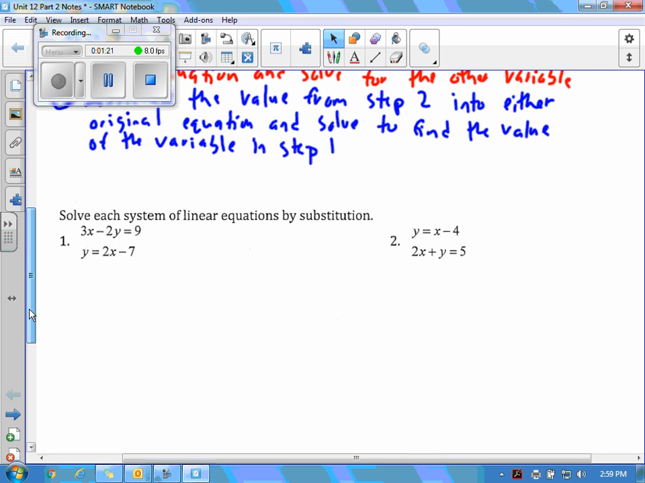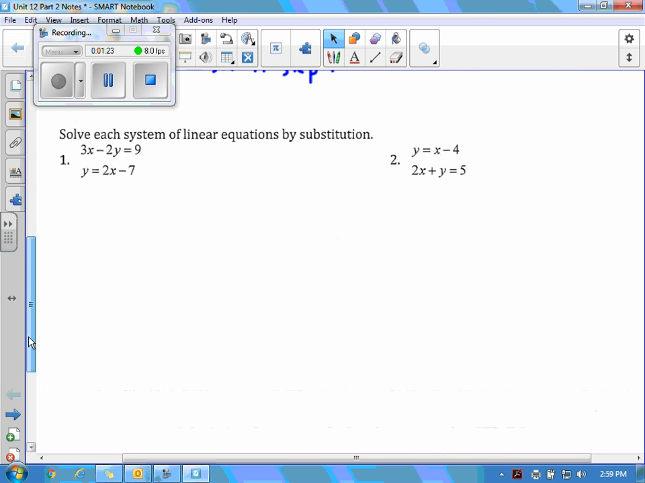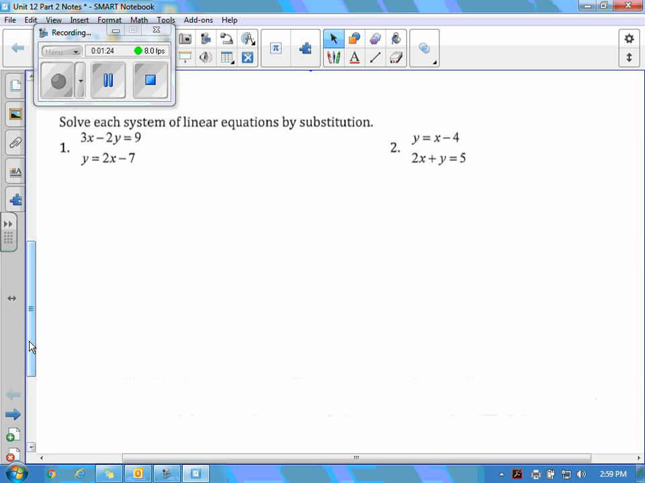So let's look at our first example. It says to solve each system of linear equations by substitution. So let's go through it step by step. The first step was to solve one of the equations for a variable. If you look, the second equation is already solved for y: y equals 2x minus 7. They've already solved for y, so I don't have to do anything there. So then my second step